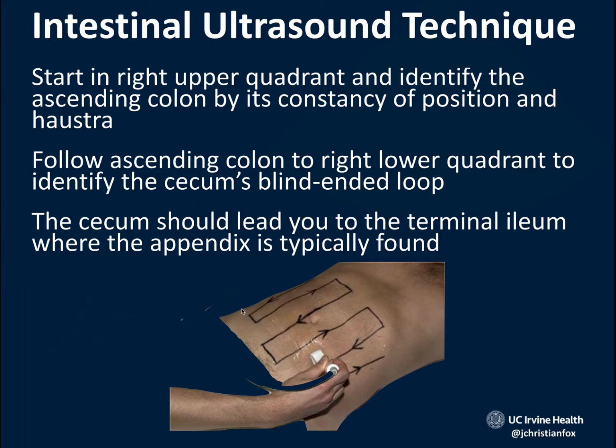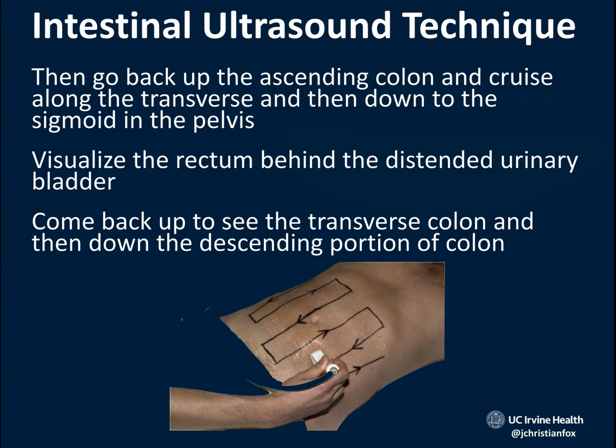And the appendix can hang off in all different directions here. But once you see that TI, it looks like a little flower when it's mid-peristalsis, you know you're right near the appendix. And then what you're going to do is march right back up the ascending colon again, and then go across your transverse, and then down, just up and down the body this way. Eventually you'll come down to where the sigmoid is, down the pelvis, and you should see the rectum behind the